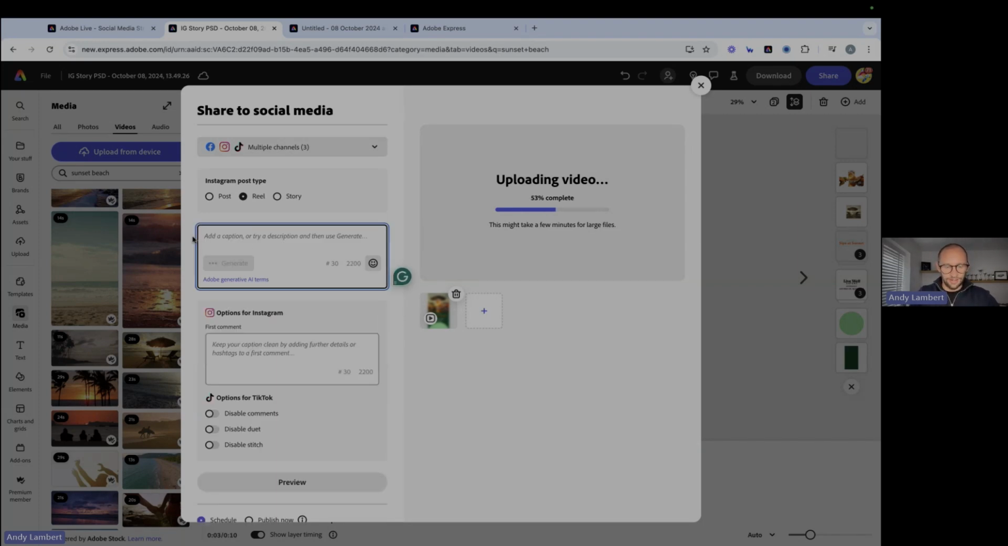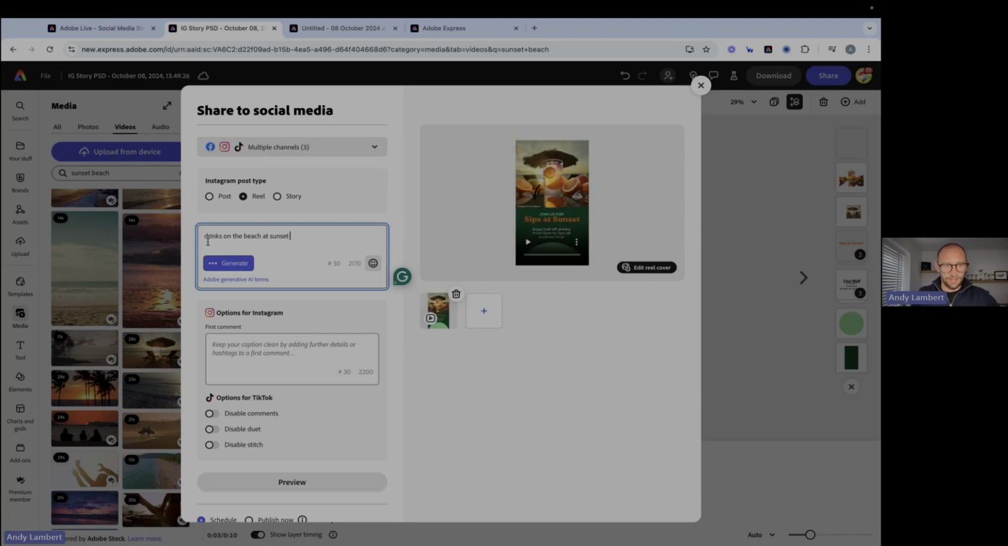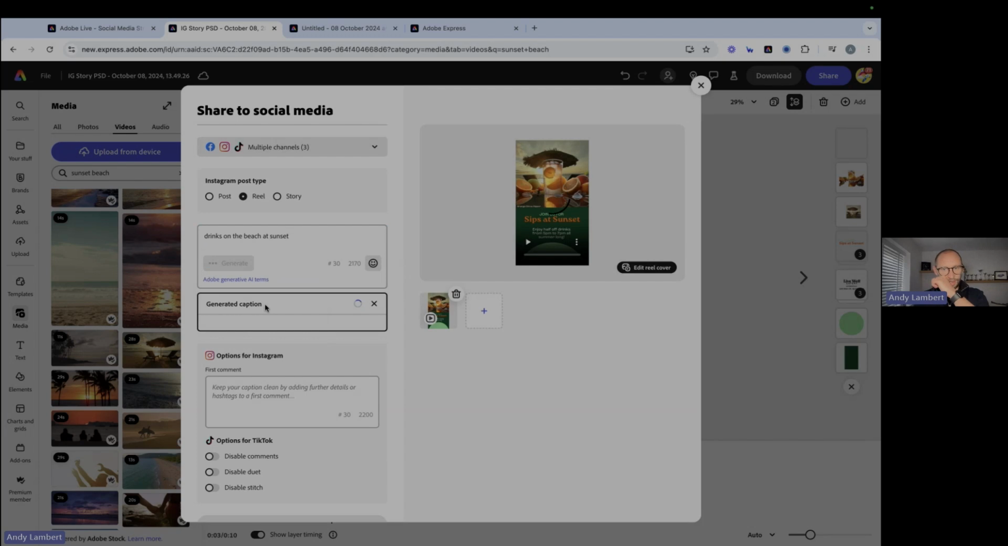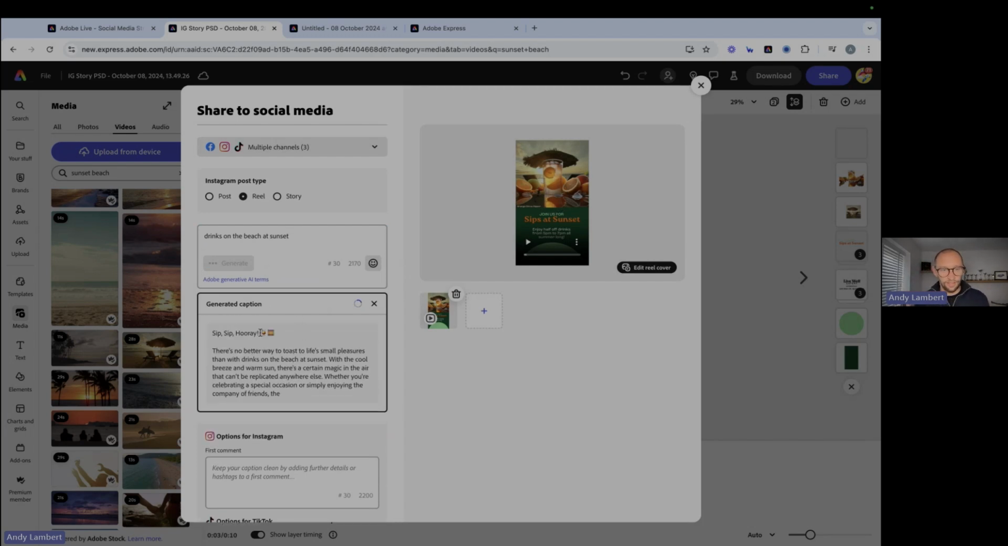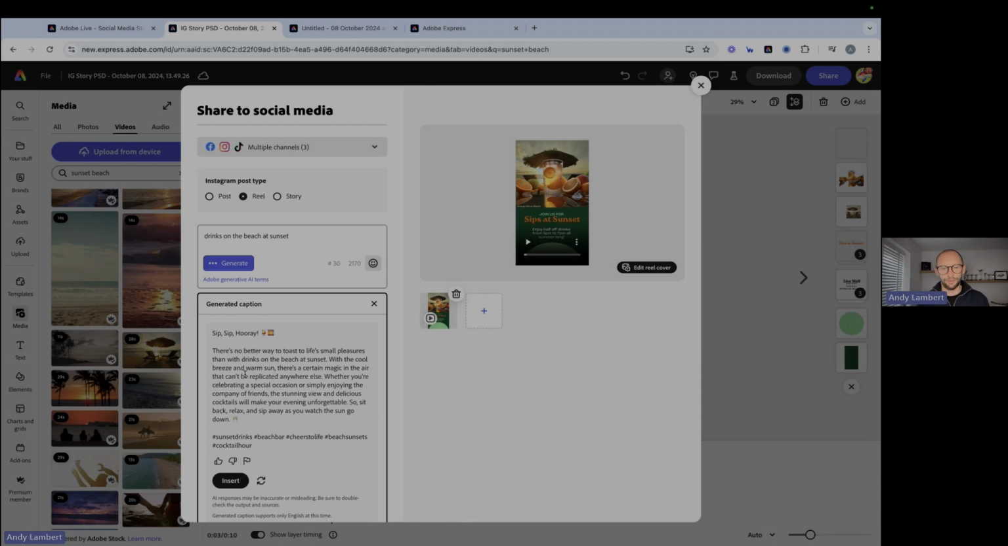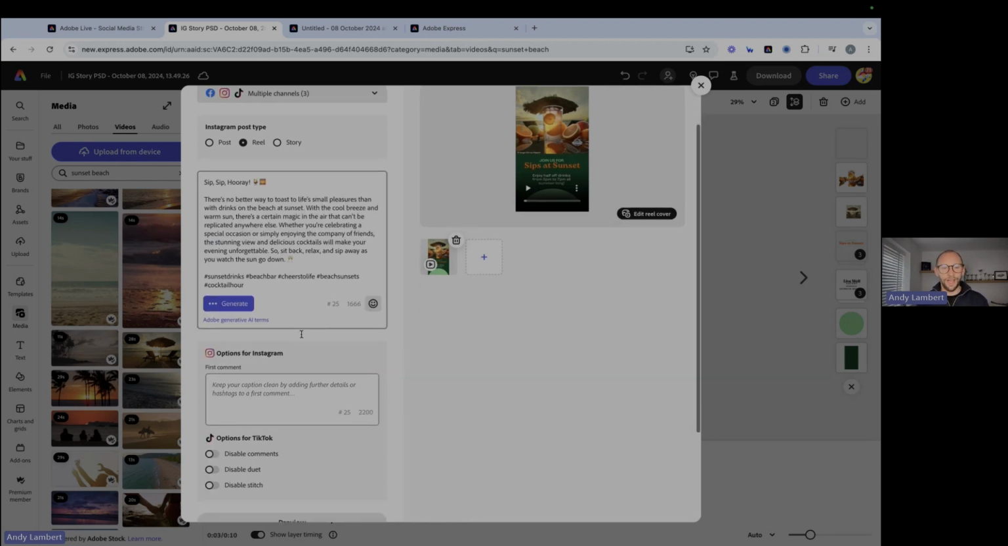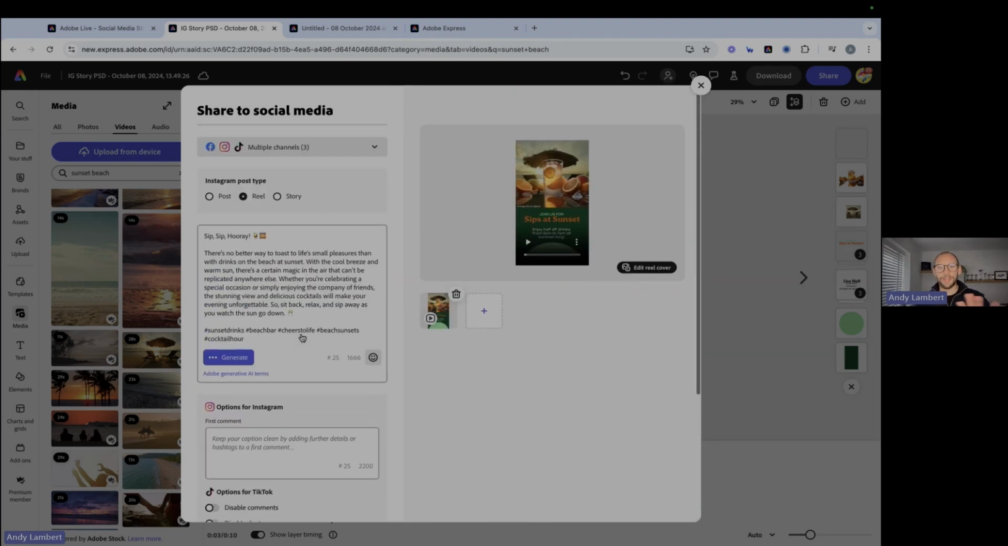Sunset, drinks on the beach at sunset. Let's see if we can generate a caption off that. Typically it works best the more words you use. Oh god, yeah, I'm a sucker for a pun, so we're going to go with that. So perfect. Of course, you'd be spending a bit more care and craft than I am in this instance, but